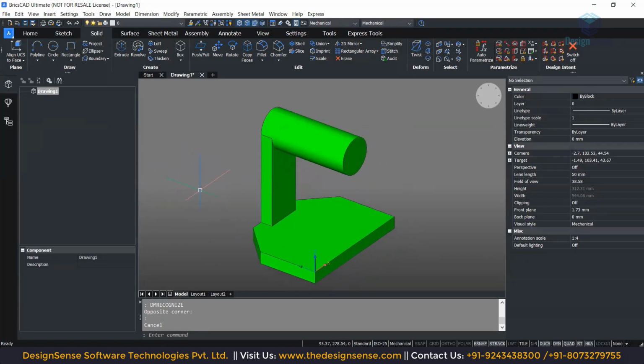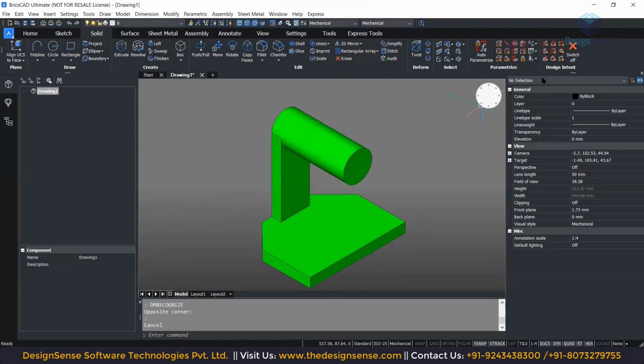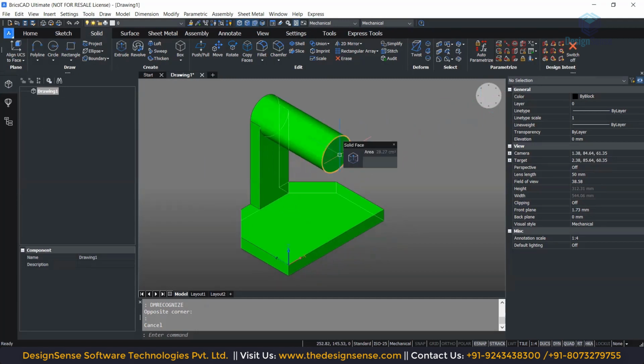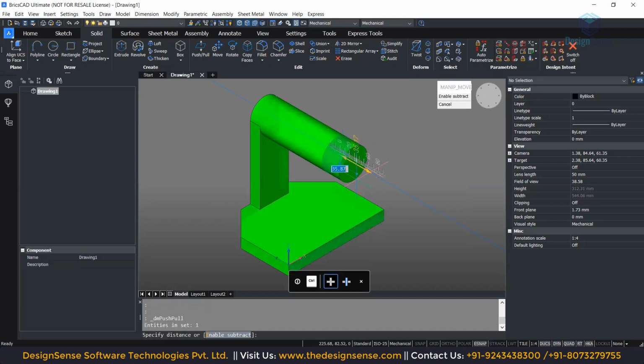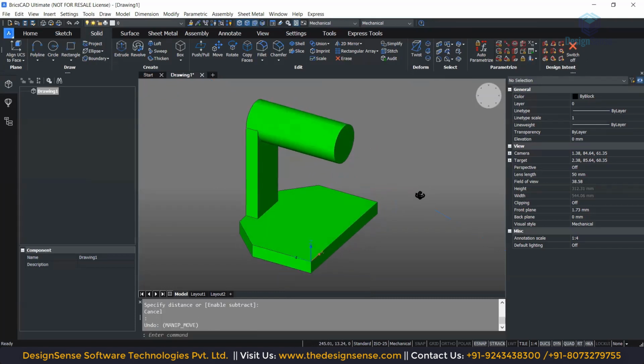So to show the difference of what it does, first I would keep everything off. And now if I do a push pull for this particular cylinder, so BricsCAD does have a push-pull option as well, okay, which is not extrusion, it's separate. So if I click on push-pull, I'm able to change the width of this particular cylindrical profile. I'll hit escape. However, if we have done everything correctly, and if I choose this particular coincident planes design intent,